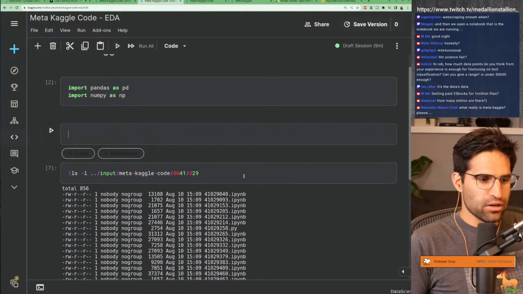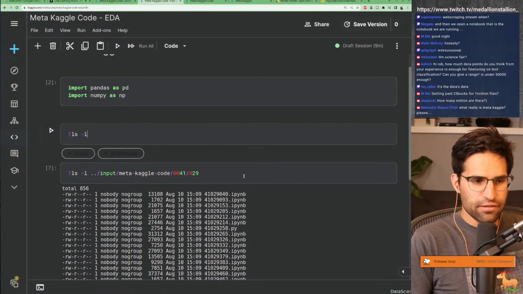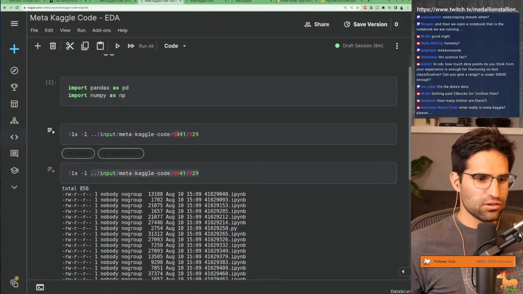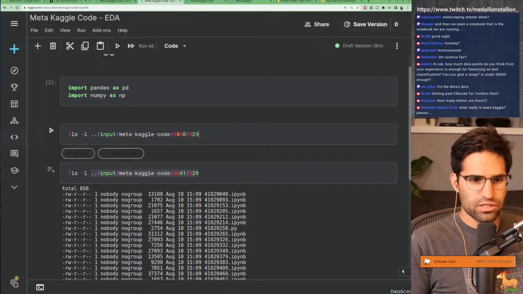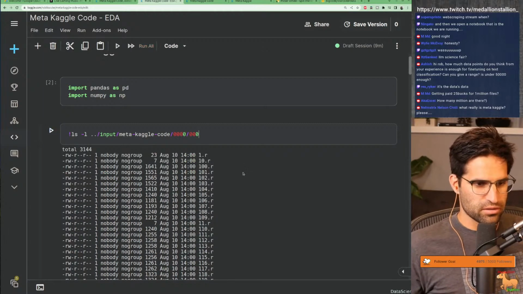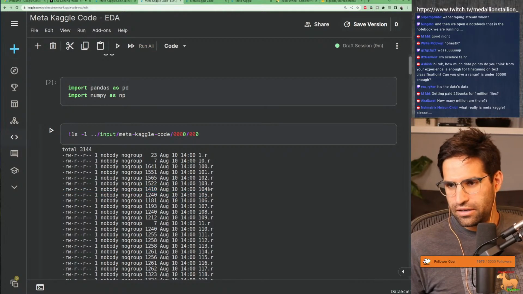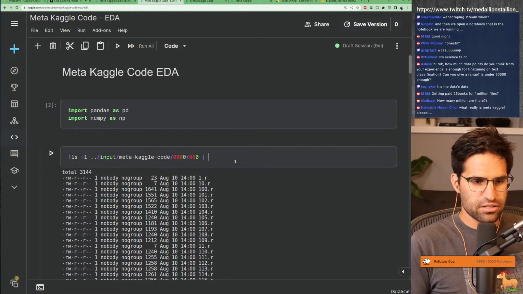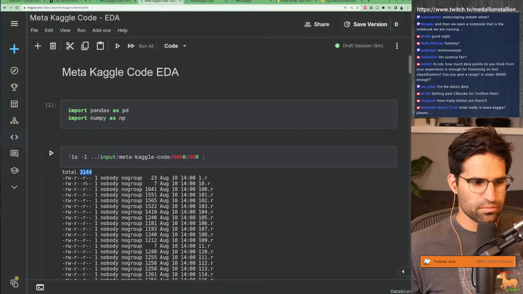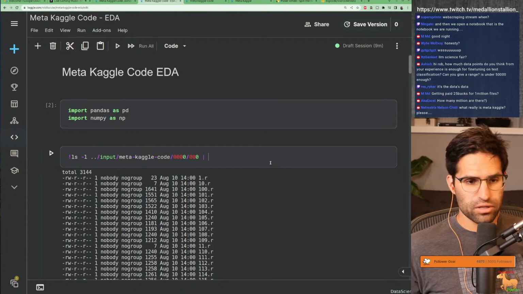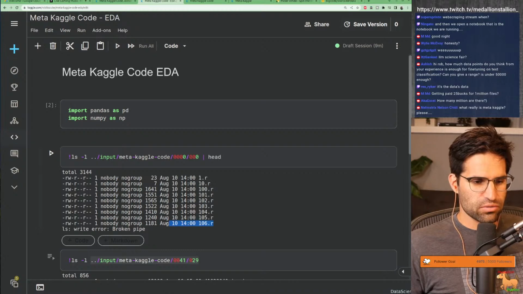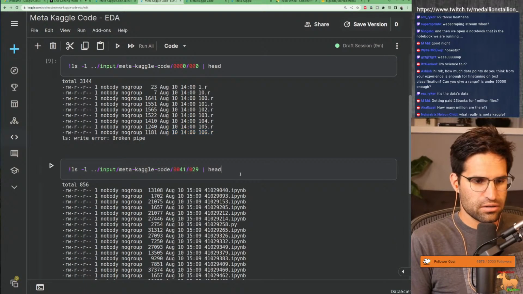Okay, so let's look at the very first folder, because I noticed something interesting about this. It looked like the very first folder was mostly R code. Look at this. Everything in data science started out as R. And most of these are also, or there's a lot more public ones than there was before. So let's just do a head on this. That'll give us the first 5. So these are all R, and these are